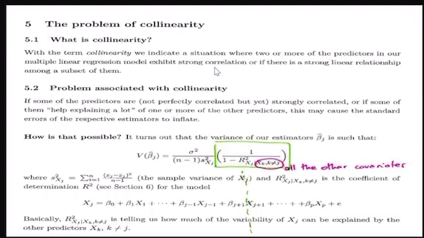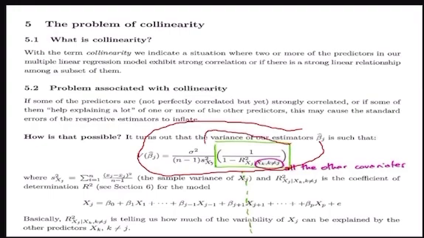I just gave you the consequence of multicollinearity. Multicollinearity is not good. Now, I need you to pay attention to this. Take a look at this. That is the variance of an estimator, beta hat. Now when you take a look at that, if you look at the green side of it,